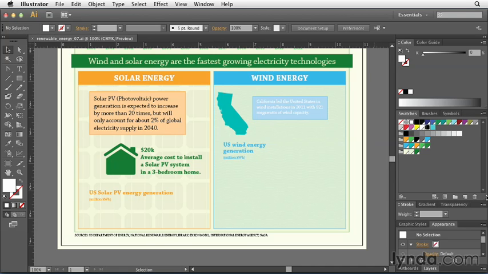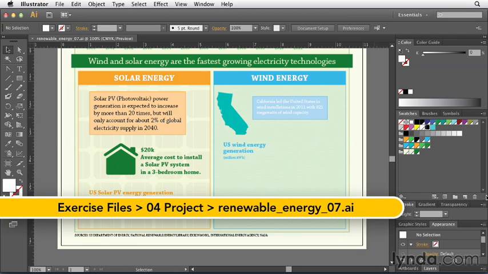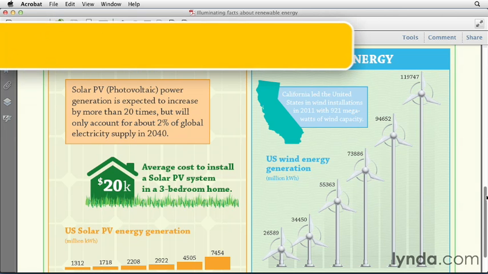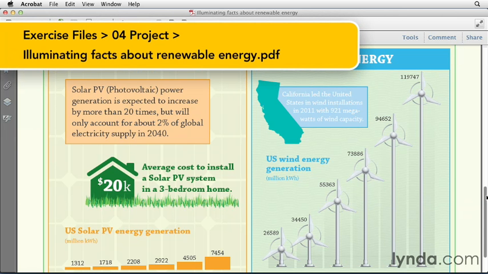As we discussed earlier in this course, there are times when it's probably best to not display data in some kind of a chart or a graph, but to focus on one specific data point and then apply some kind of graphical treatment to it to help draw the eye to it. If we switch back to the final version of the infographic, the PDF document, you can see that for solar